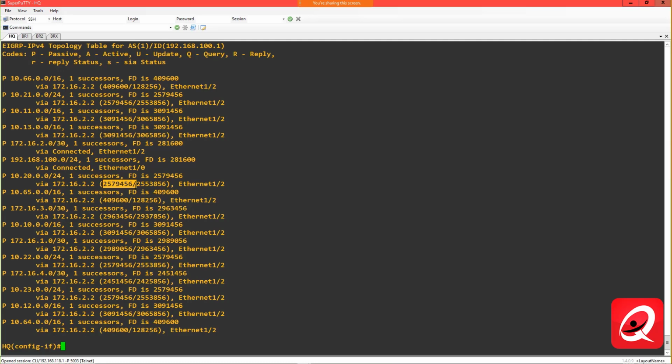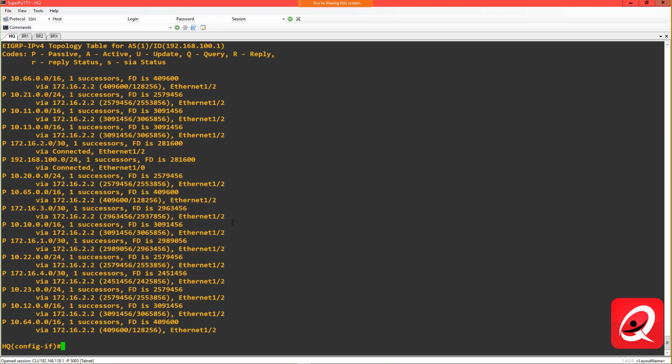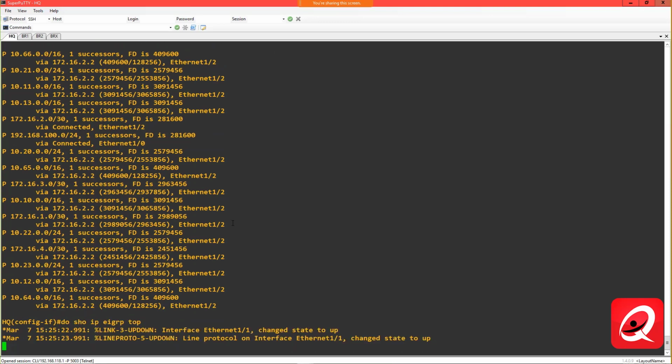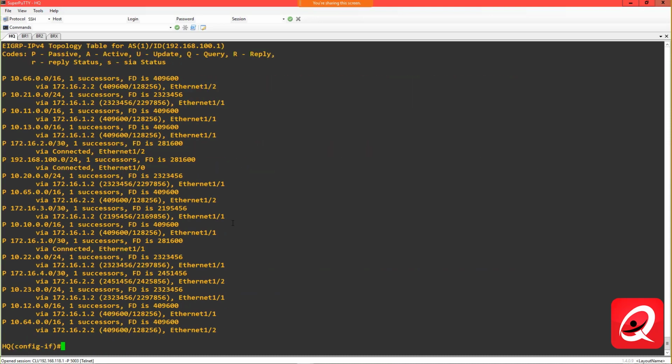I'm curious why it didn't add it to the topology database. Maybe it was a convergence issue. Let's do a no shut and see what happens here. So we're on 2.2. As soon as the neighbor comes up, we should switch back to 1.2. All right, that's no problem. We've switched back to 1.2. Now let's do an all-links